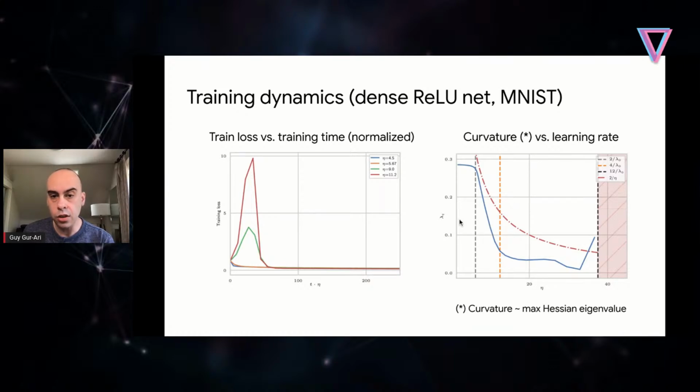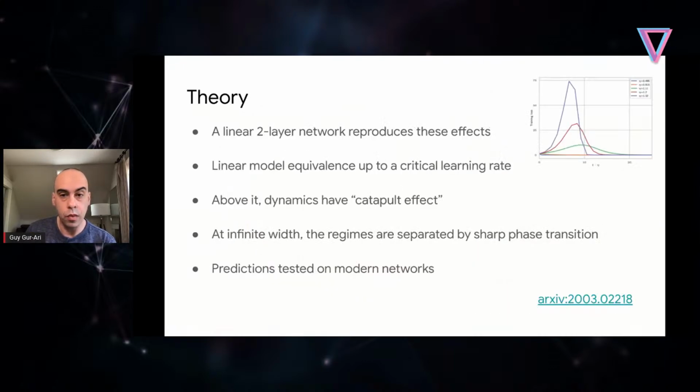And what we see is that at small learning rates, the curvature is fairly constant. It doesn't change with learning rate. And then there is a critical point beyond which the curvature starts dropping. So as we crank up the learning rate and train a network with a larger learning rate, we end up somewhere which has a lower curvature. And so again, we see some kind of transition happening here around a critical point. That's another signature of this effect that we'd like to understand.